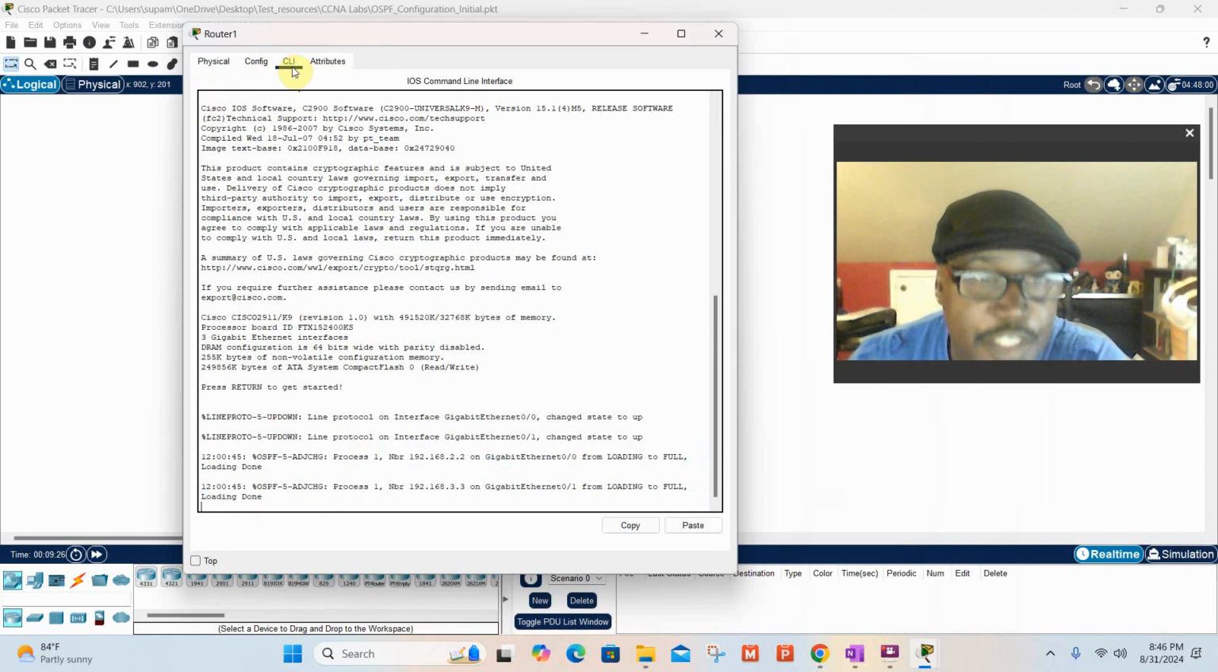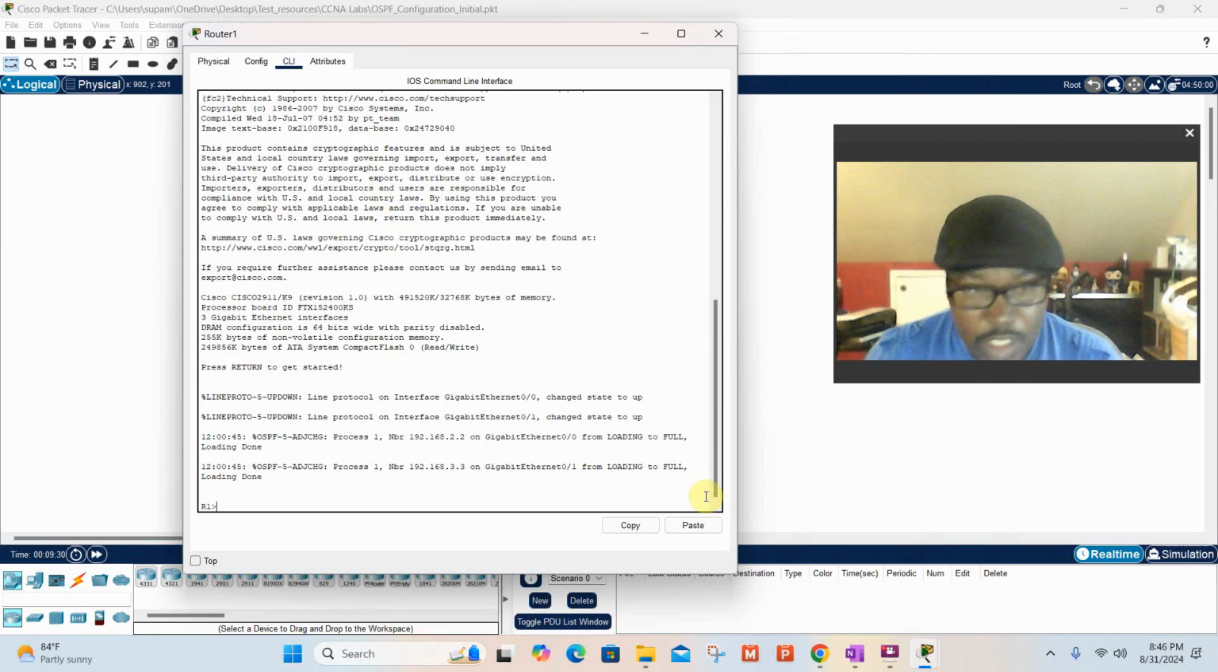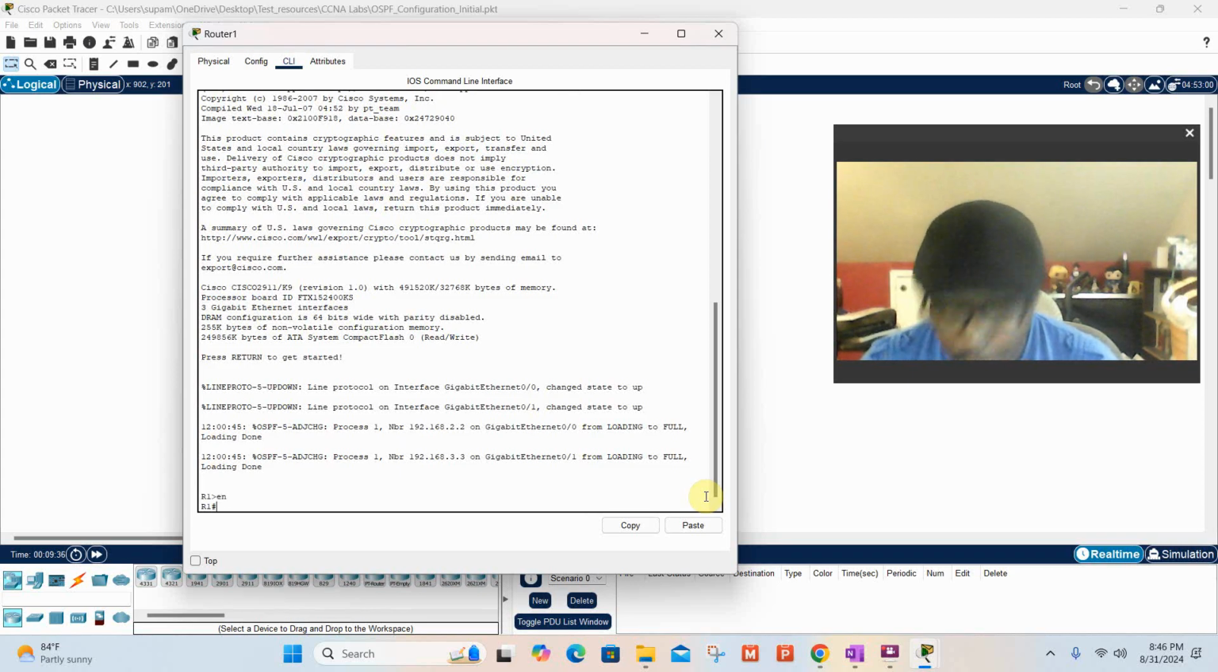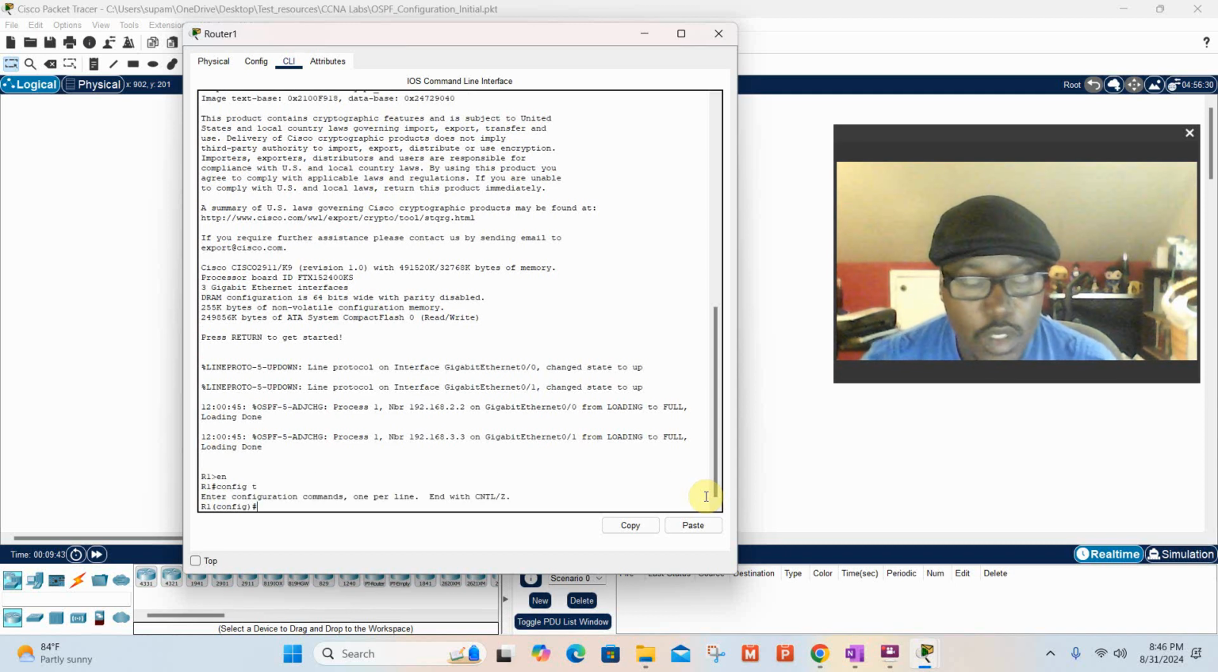All right, config. We're in the command line. Enter. And we're going to give it a router AS number. Enable. Config T. All right, and so we already said the router AS number is going to be 1, so we're going to start out with router